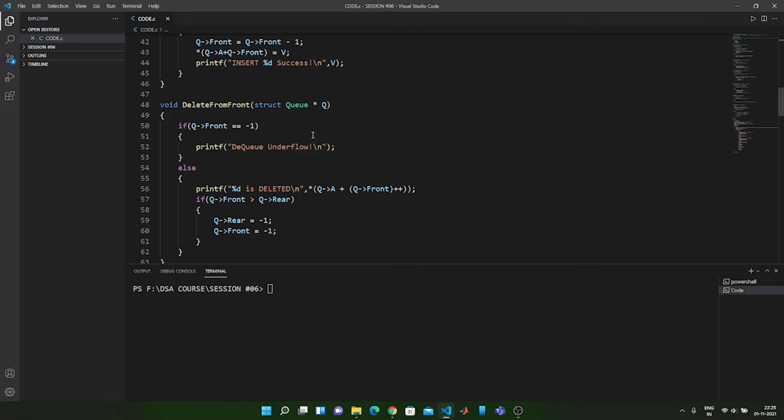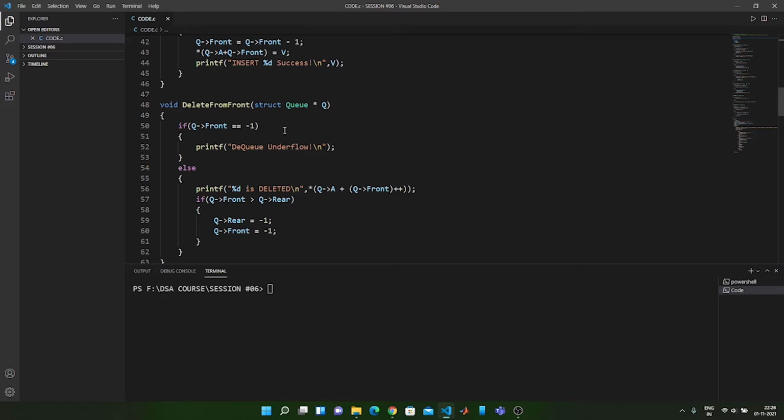So in that case we have to print DQ underflow, and if we do have something to delete, then we can just delete the element by printing it on the screen. And again inside it we are going to check whether the front is greater than rear. If the front is greater than rear, then we have to initialize or reset both the values of the rear as well as the front to -1. So this is the delete from front.